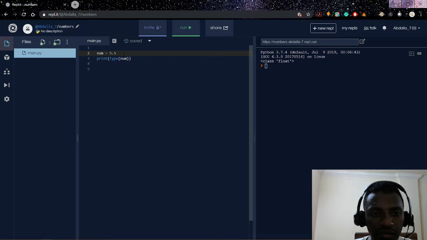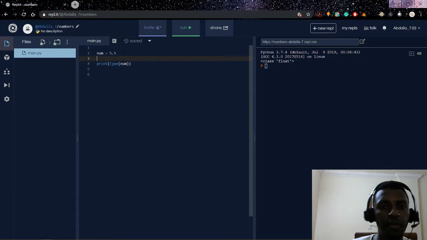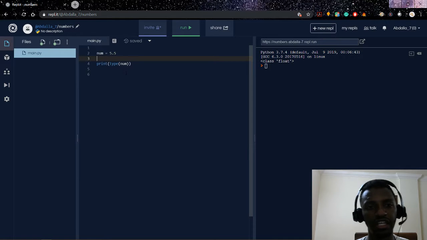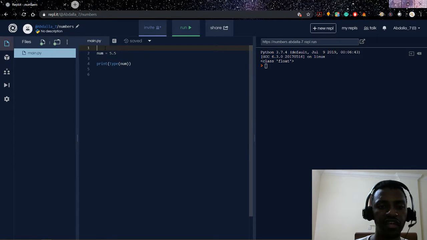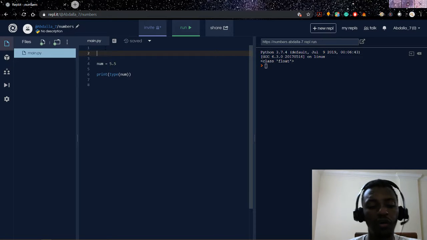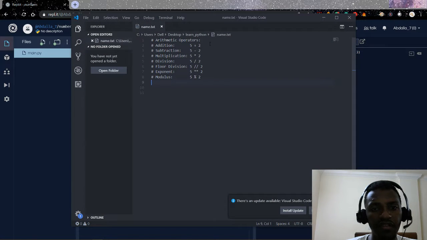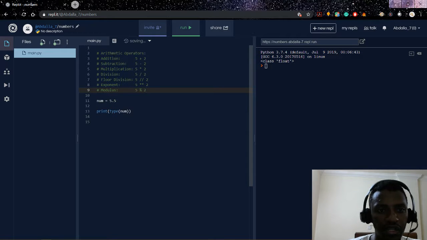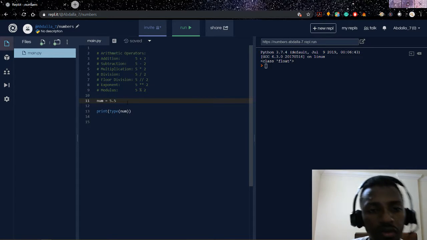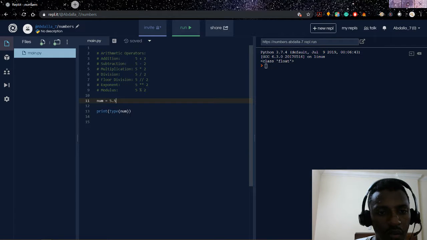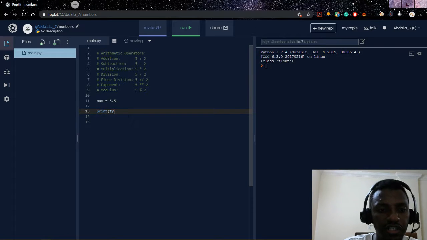Now, after I've done this, I want to go through some arithmetic and mathematical equations that you can do with Python. Just simple stuff, but later on it can get more complicated. I have a snippet right here, and this is all the arithmetic that we can do: addition, subtraction, multiplication, division, stuff like that. So let me copy all of this and paste it right in here, and then I will try each one by one. I will do it directly inside of my print function. So print here, and then I will say